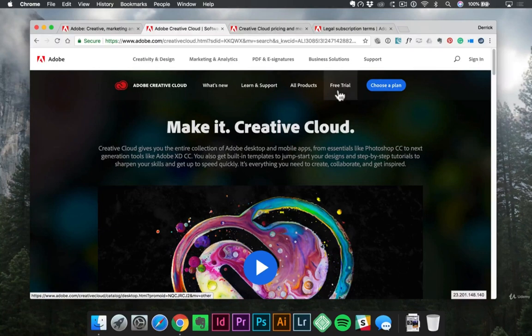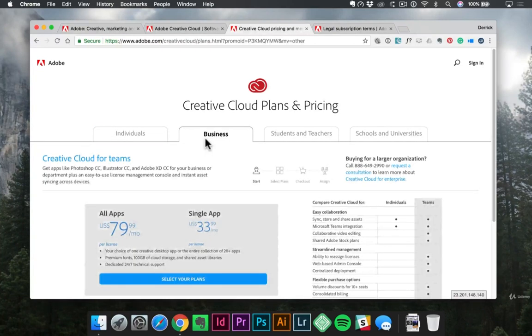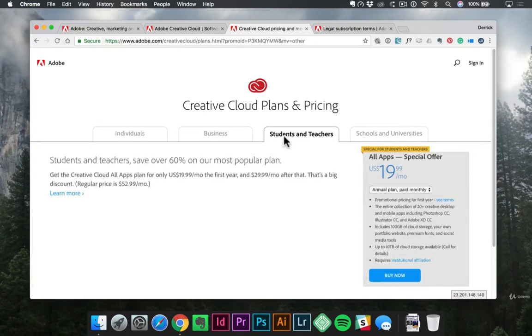So from there, let's go ahead and click on the Choose a Plan button, and that should redirect you to this page here. Now, I want to point out there are 4 different tabs across the top. They have plans and pricing for individuals, which will probably be 90% of you, business, students and teachers, and schools